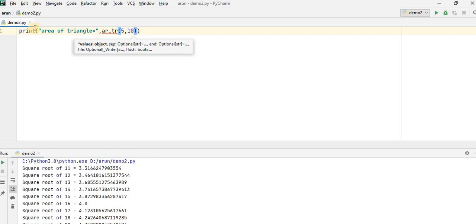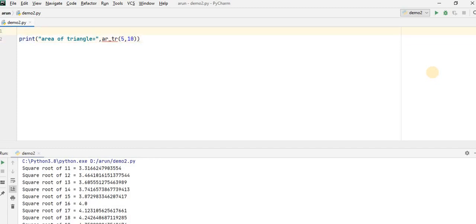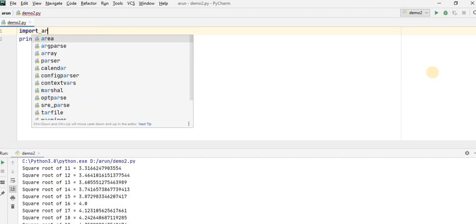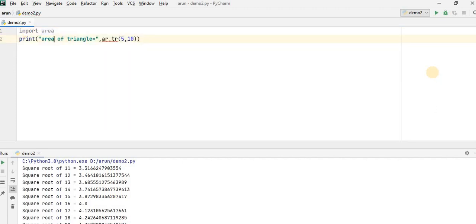But before using the function, you have to import the module. As you import the math module, similarly you have to import the module area. Write import area, and write here area dot.